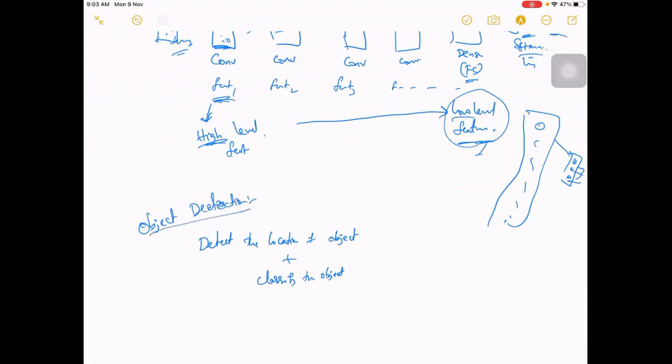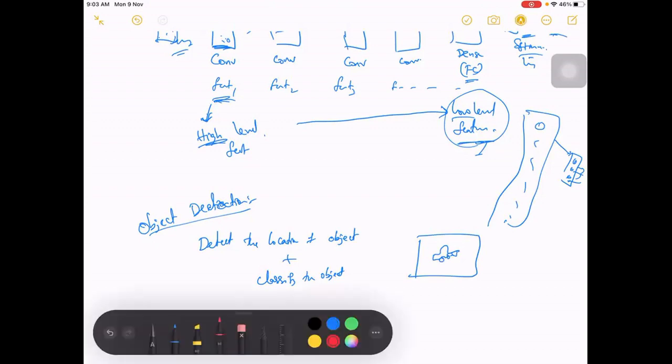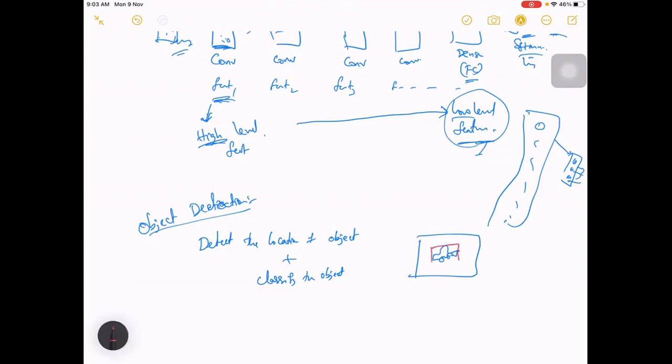So here, let's say in this same example where we are discussing a car, right? We also detect where the object is, let me draw a box here. So it will also detect where the object lies in the image, and also classify what that object is. So here it will give two outputs.